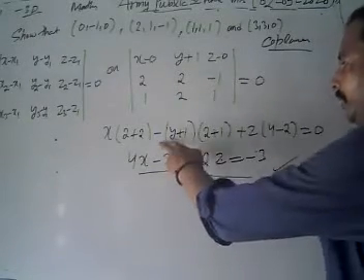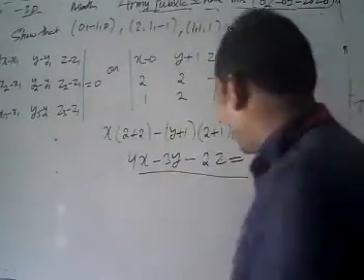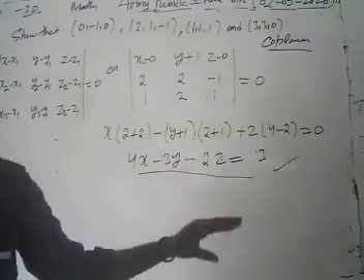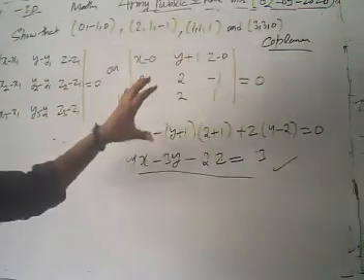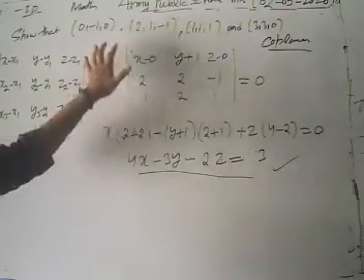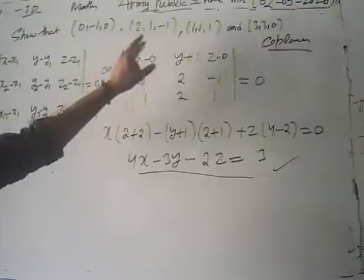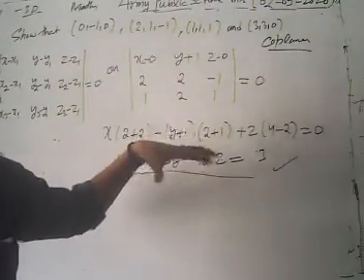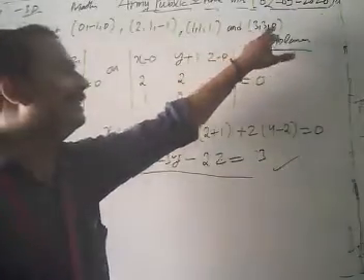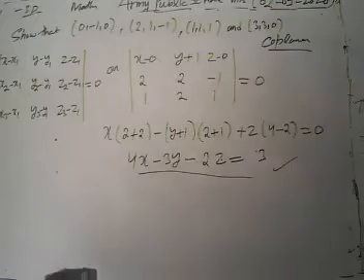Now look, it's minus 3, then we have only 3 here: 4x minus 3y minus 2z equal to 3. This is our equation of plane. We have to show that these given 4 points are coplanar. Here we are going to find the equation of the plane passing through 3 non-collinear points. Now we have to show that these are coplanar, meaning all of these lie on the same plane. If these are coplanar, the point 3, 3, 0 must satisfy this equation of plane.